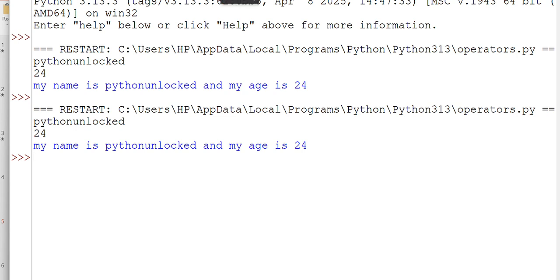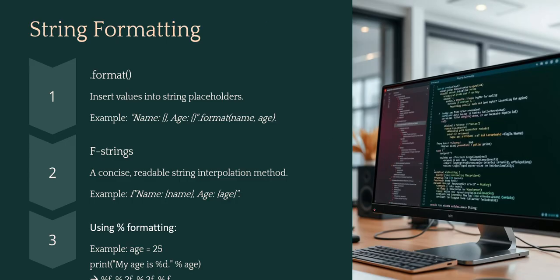Now let's move forward to the last one, that is percentage formatting. Let's understand that. Percentage formatting is very simple. Wherever I need to use a value that is entered by the user, provided as input and stored in a certain variable, I'll specify a percentage sign, let's say %d. If the value I want to put at this position is a digit, I'll use %d. If that value is a string, I'll use %s. If that value is a float, I'll use %f. Now let's understand what we are doing here with the help of code.